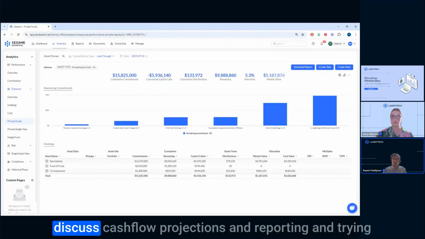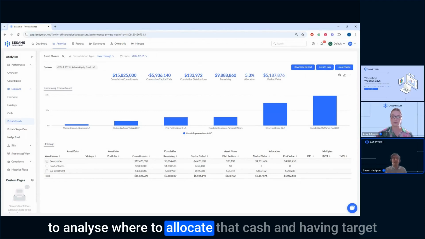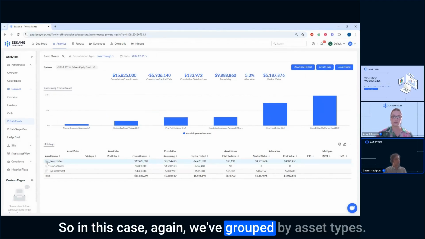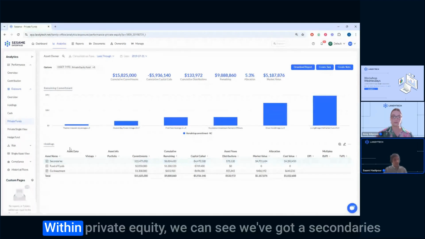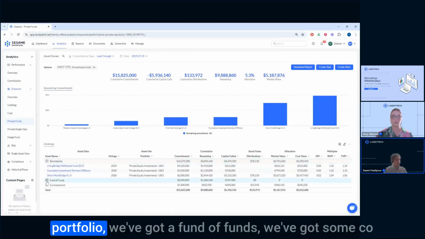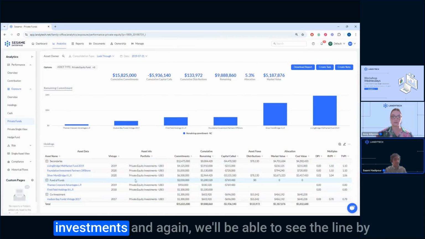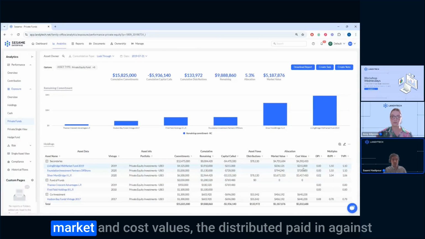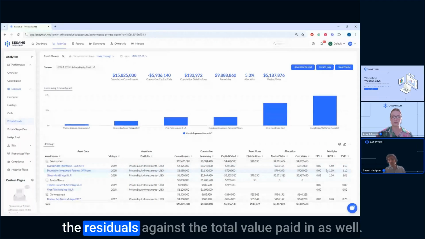which is going to be really interesting later in another module when we discuss cash flow projections and reporting and trying to analyze where to allocate their cash and having target asset allocation according to different asset classes. So in this case, again, we've grouped by asset types. Within private equity, we can see we've got a secondaries portfolio, we've got a fund of funds, we've got some co-investments. And again, we'll be able to see the line by line breakdown of the commitments, what's remaining, the capital that's been called, the distributions, the marketing cost values, the distributed paid in against the residuals, against the total value